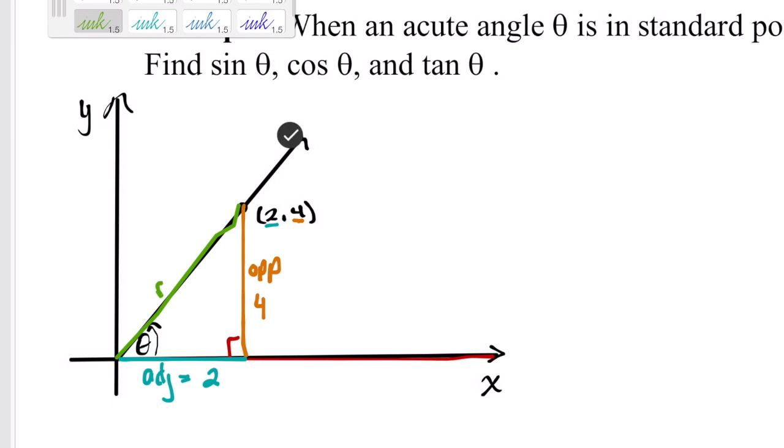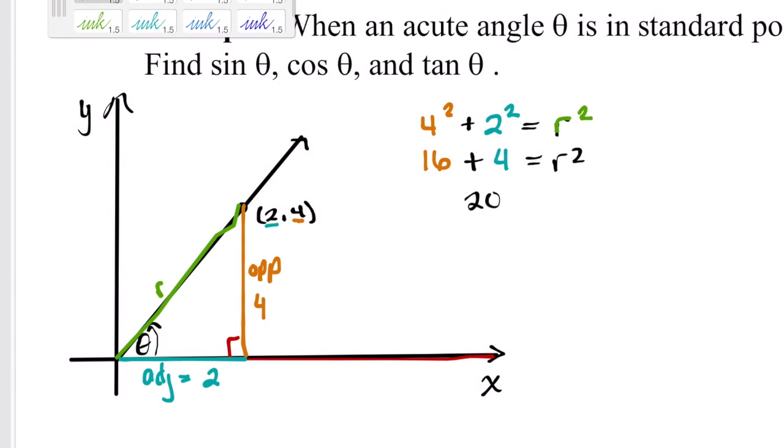So this is my r, and so I have to figure out what that is. So I'm going to use my Pythagorean theorem. So I've got one side squared plus my other side squared equal to my hypotenuse squared. I'm going to use green there. So the r squared, we're labeling it r in this case, again, because of the unit circle. So now I've got 16 plus 4 equals my r squared, and so that's going to be 20 is my r squared when I take the square